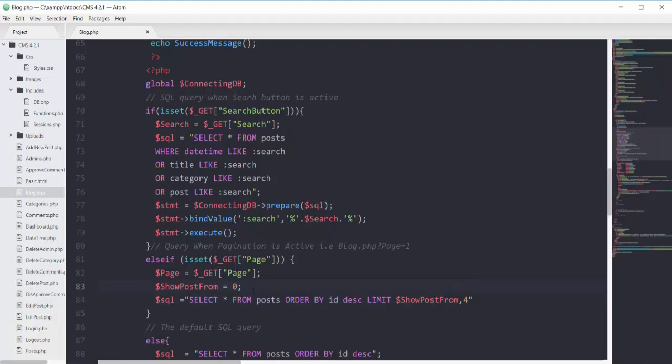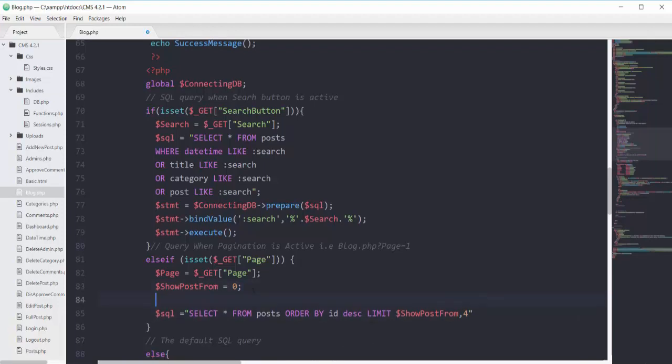We have to come up with a formula that could make this variable dynamic. The formula will be, first of all, get the search query parameter with the page and multiply it with 4, because we will show 4 posts per page, and minus 4. Now we don't need this 0 anymore.